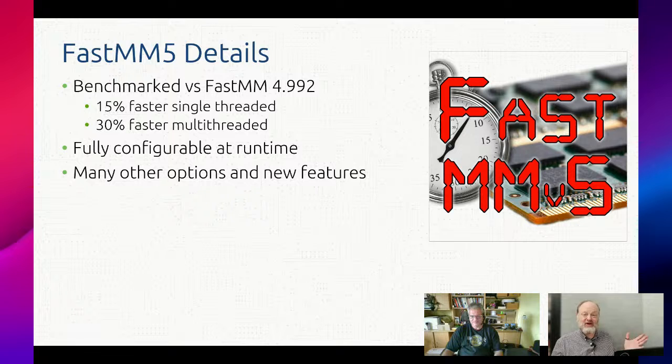But the big thing is it's fully configurable at runtime. As we'll see, if you want to change the debug configuration in FastMM 4, you have to recompile it with options, whereas with FastMM 5, you can change it at runtime. He's saying that someone in the field could be having issues using a program developed with 5, and he can remotely send them what they need to turn on full debug mode and capture the information needed to reproduce the error and fix it on the development side.